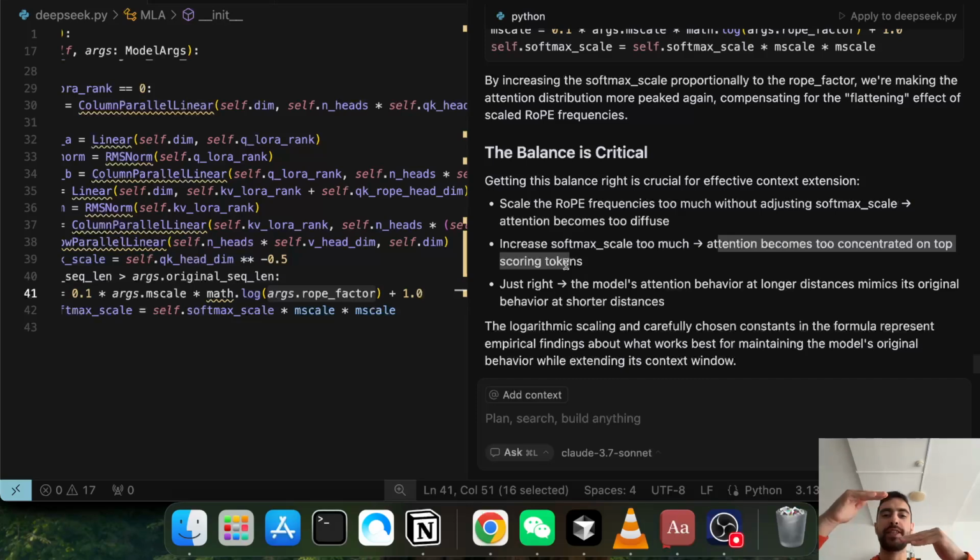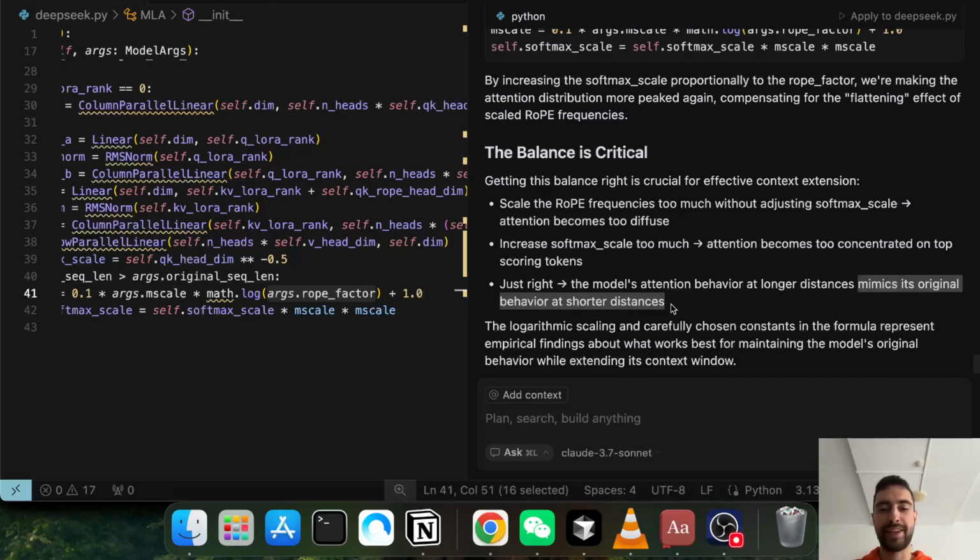So when we increase it, top scoring tokens will have very high attention, which is not good either. Then it will only select those tokens. Just right, the model's attention behavior at longer distances, I would say at all distances, mimics its original behavior at